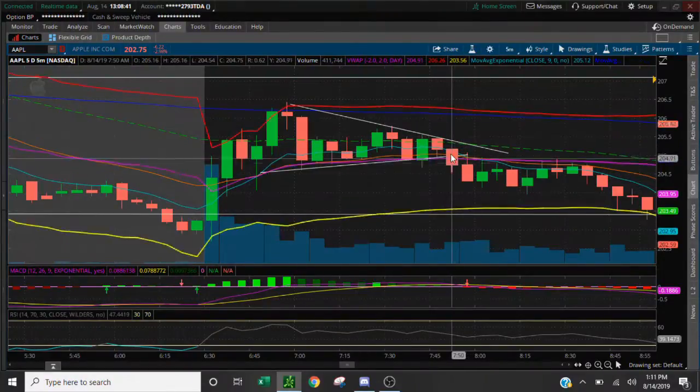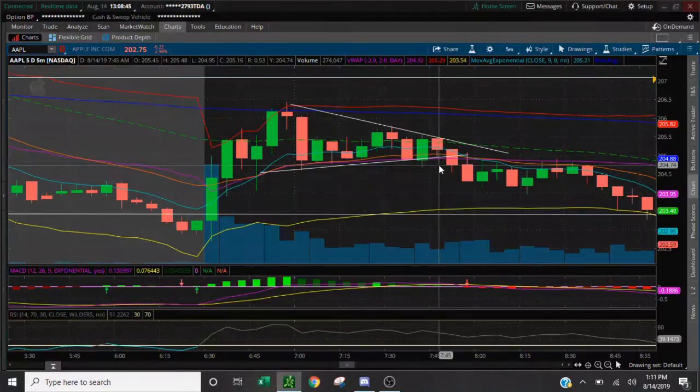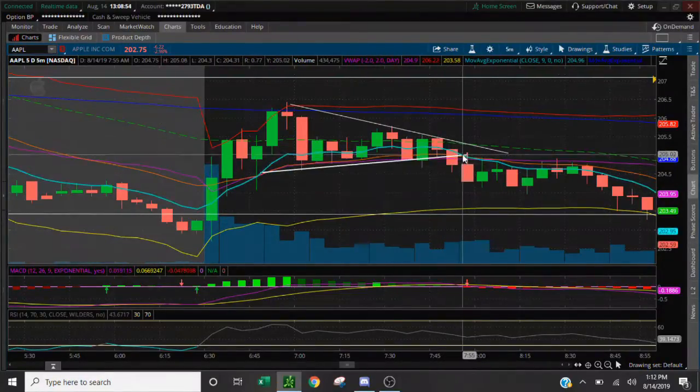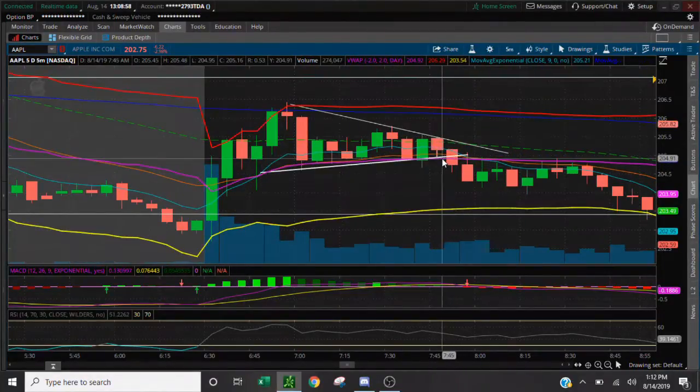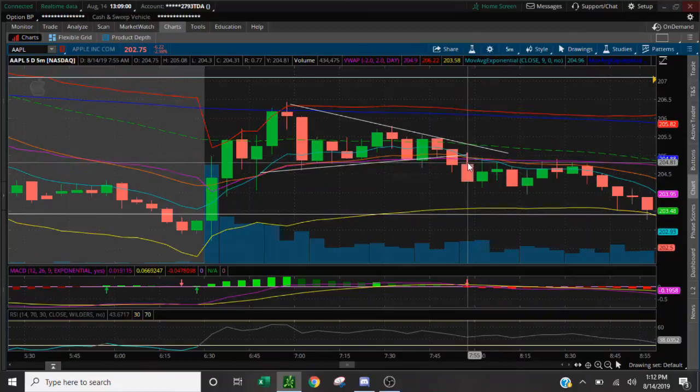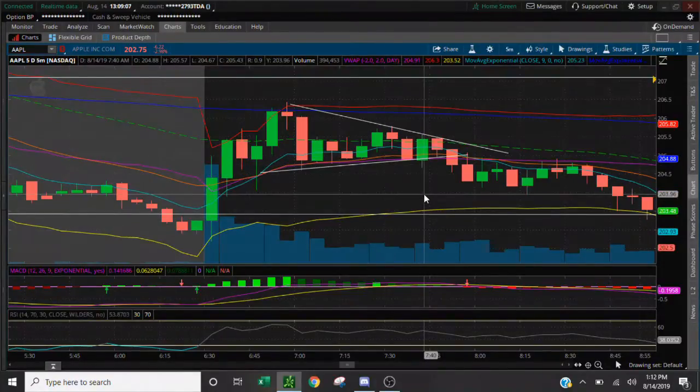So the first 5 minute candle that closed below this triangle formation, that should have been like an okay, let me get ready to take this thing short. And also, when it broke below, you see that we pushed up. We not only broke below the triangle formation, we broke below VWAP here, and then we pushed up and closed